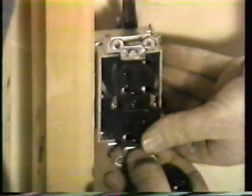But as I say, you can buy handyman-type books, and the handyman-type books will give you a diagram on how to do it. Now, you have a couple of screws that you attach the face, or this plate right here, into the metal box. There's one at the top and one at the bottom. And you run them both in. This is what gives you a solid fixture. One that isn't loose and jangly and...